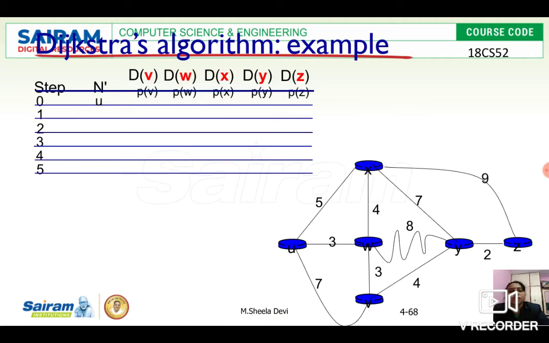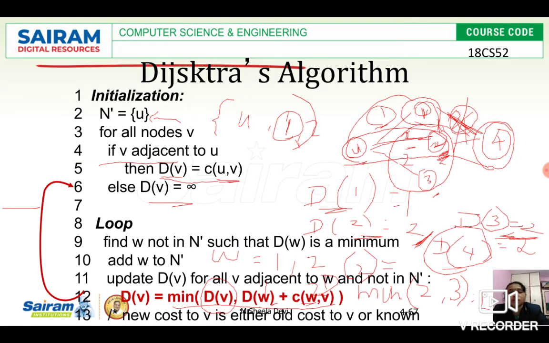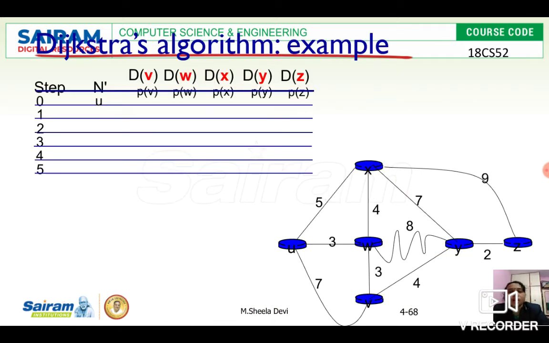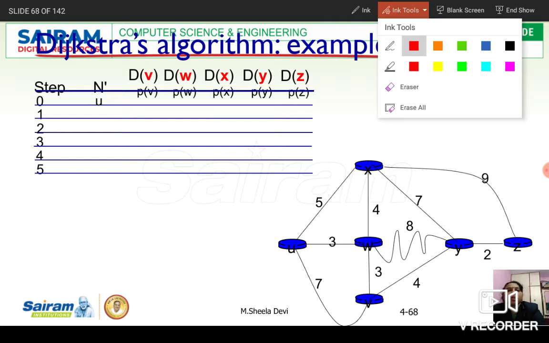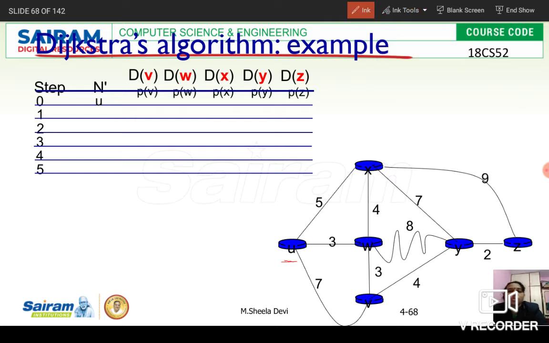Yes. So this is the example network. I have explained with a small network in the previous slide. Here we have a little larger network with 4 plus 2, 6 nodes. If you see this diagram, this is the tabular column which you have to make to calculate the routing table. As we said, initially N dash should have only the source node. So the source node is u here, so we have mentioned u.